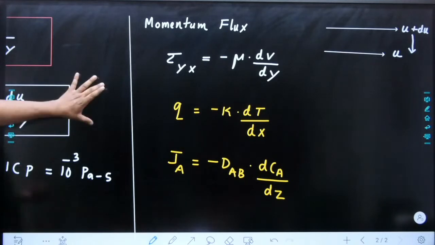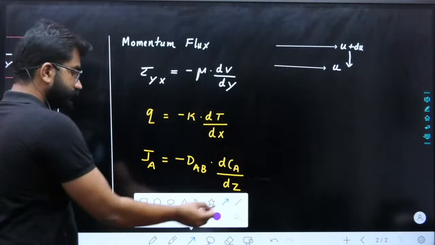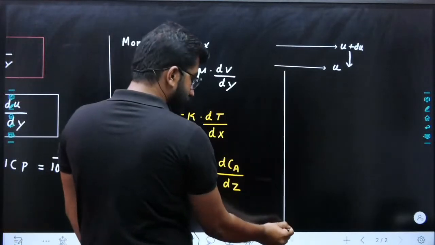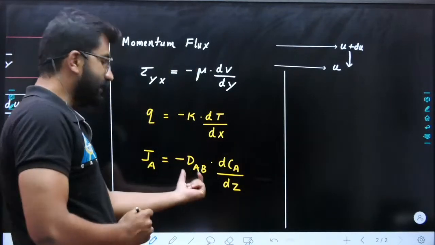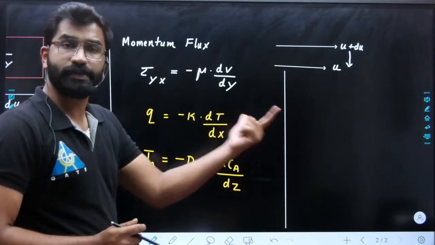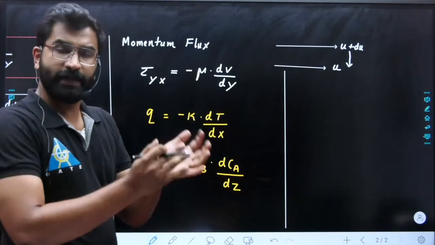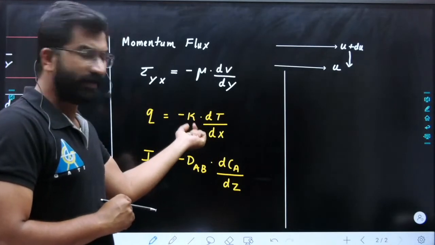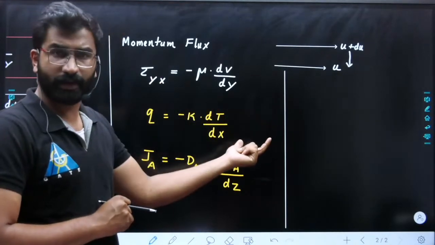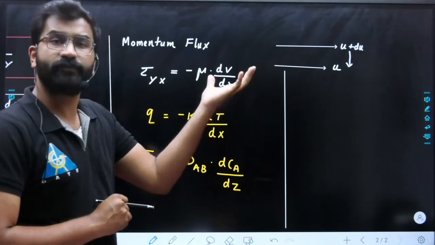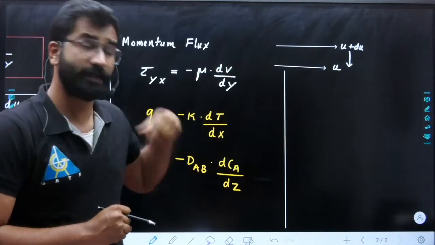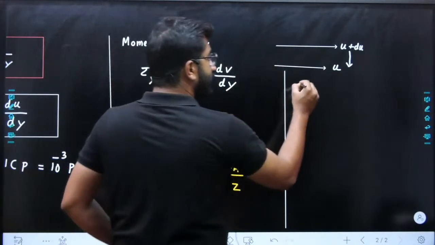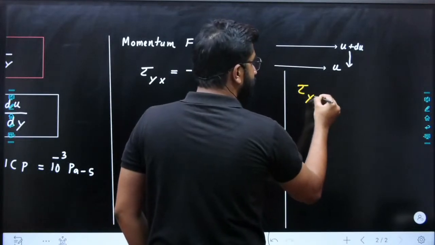Now, in all the cases, what is D_AB? D_AB is our diffusivity, right? Same way, what is k? k is not diffusivity. It is our thermal conductivity, right? What is mu? Mu is our viscosity. It is not diffusivity. So to change this equation, we can say tau yx is equal to,